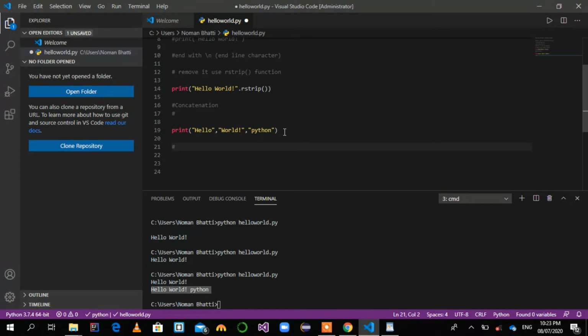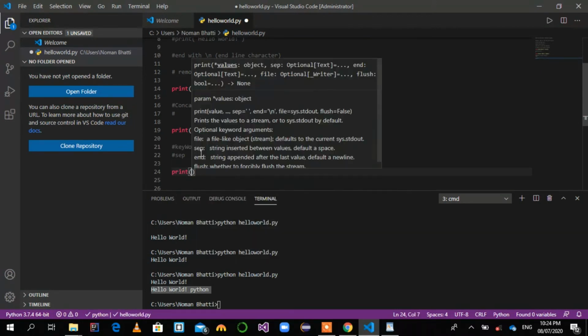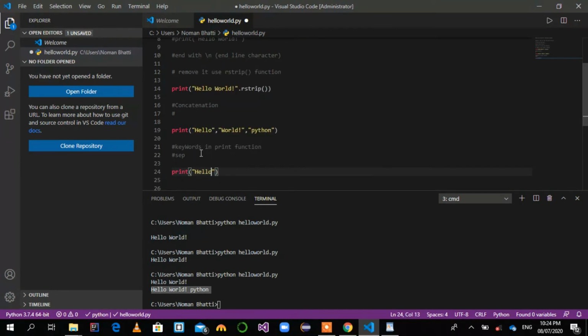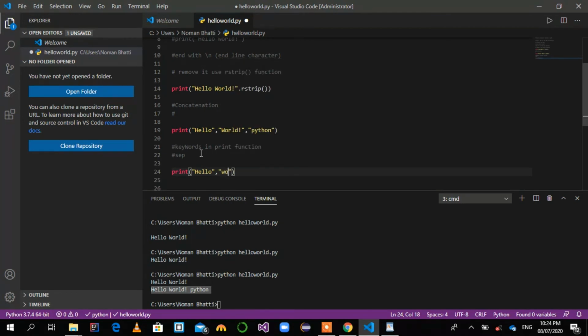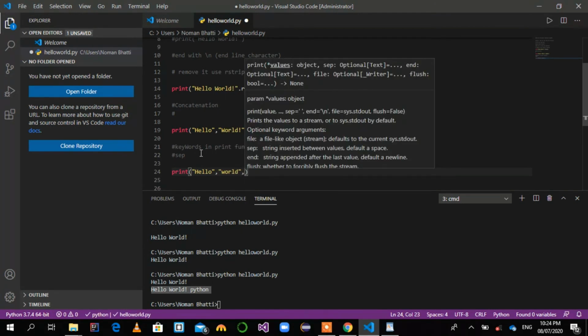Separators are keywords. These are optional keywords. They all have their default values. We are going to focus now on the separator. The separator has a default value, a single space. It separates the multiple strings or multiple arguments by a space.